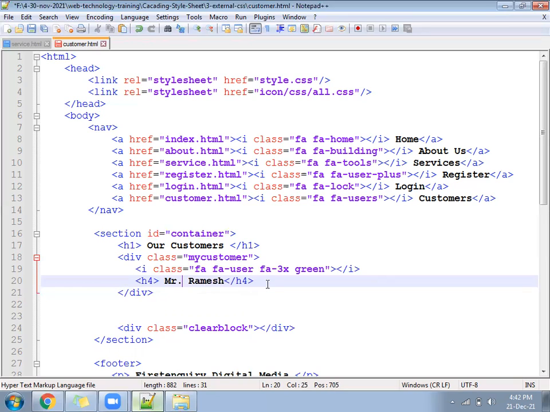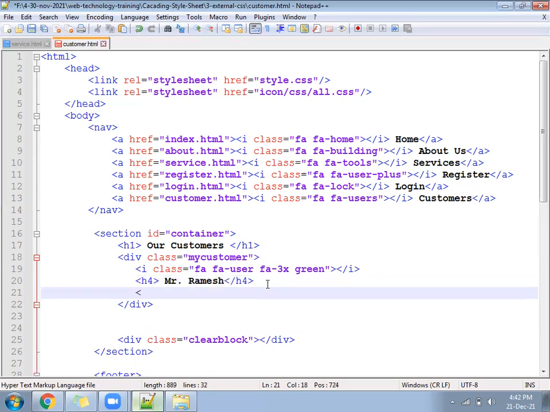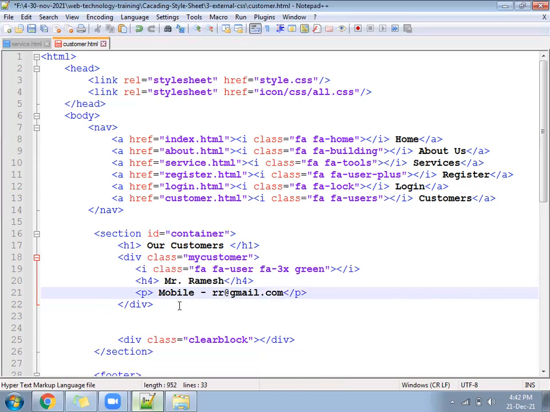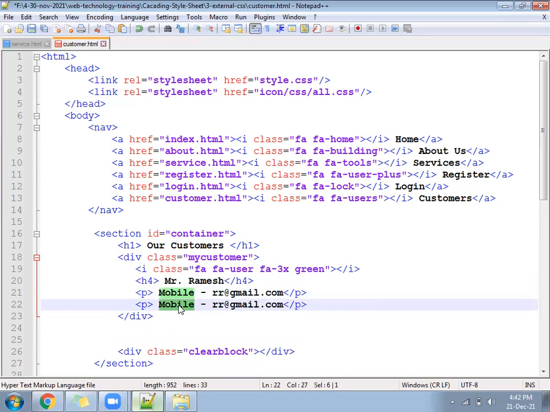Below you can write a paragraph, mobile number, rr@gmail.com. Next paragraph, email.